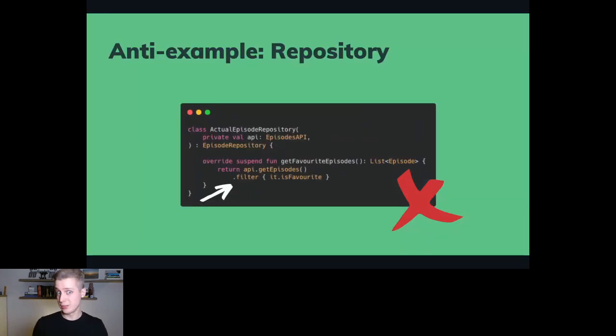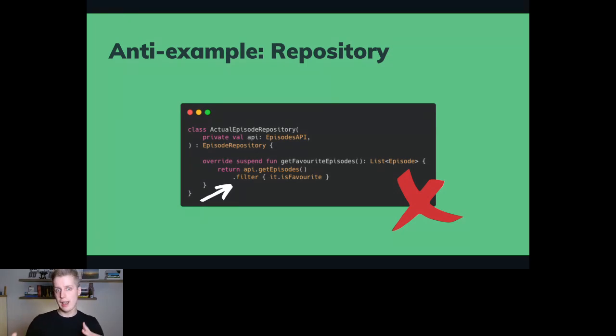How about a repository then? A repository is slightly better than a view model because in this example we can at least reuse that filtering mechanism. Yeah, we can use the same repository in different view models, but still this is not the main responsibility of a repository.